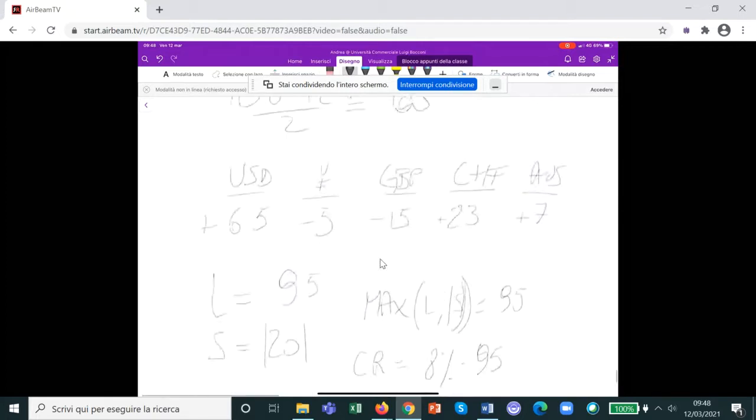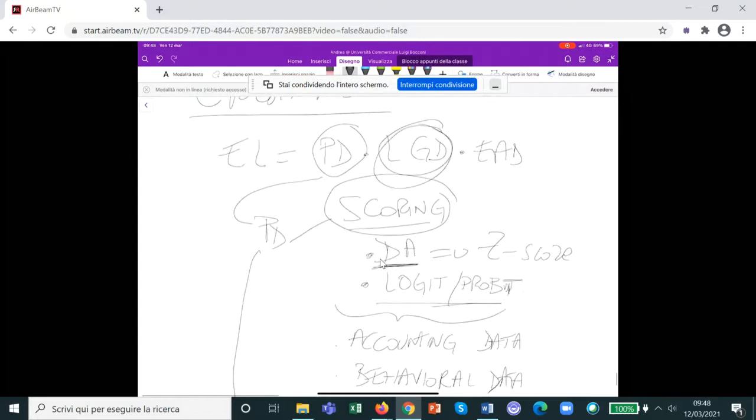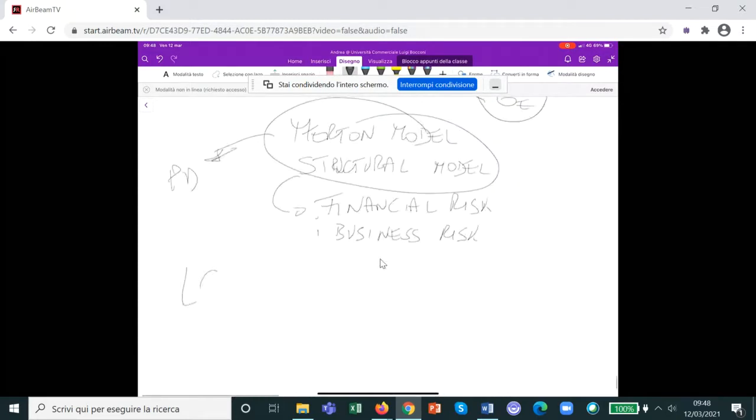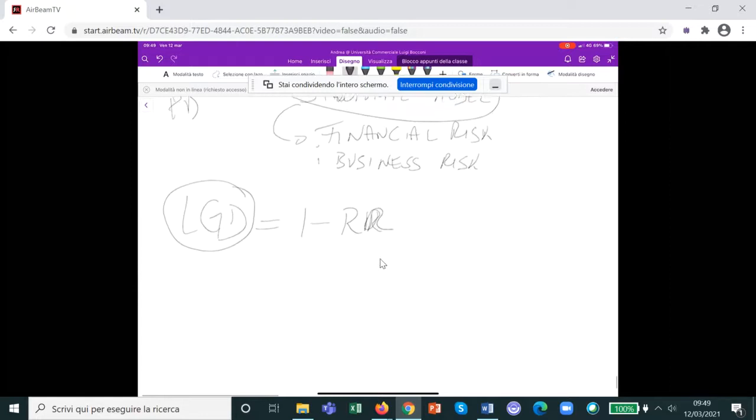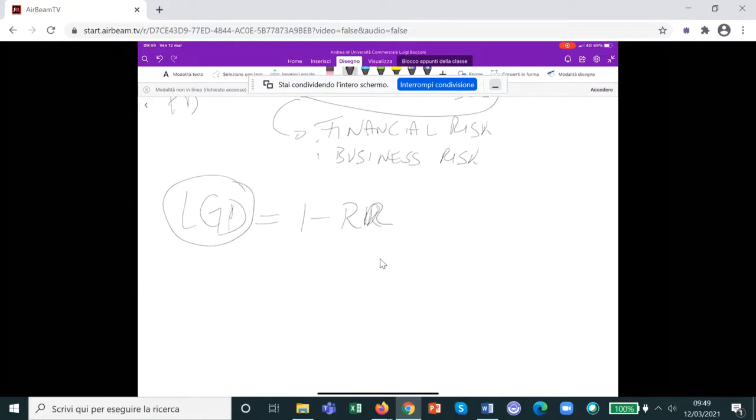Then we'll move to the second component, which is LGD. Okay. And when looking at LGD, we'll try to understand how we can estimate it. As you know, LGD is 1 minus the recovery rate, okay? I.e., how much do I lose, or if you want, how much can I recover when there is a default. And here, clearly, we have an additional problem because defaults are not so frequent, so we don't have so much data, okay? But again, we'll try to look at different approaches like the one based on market data.